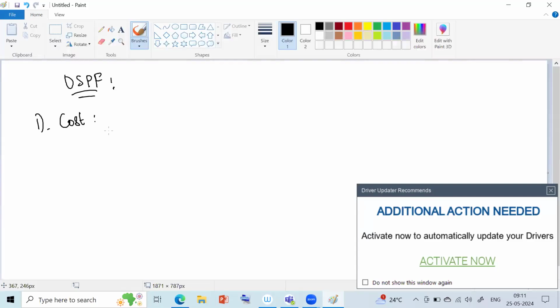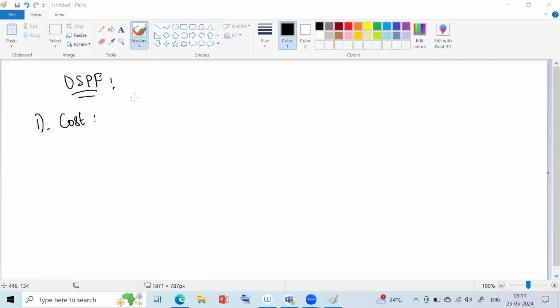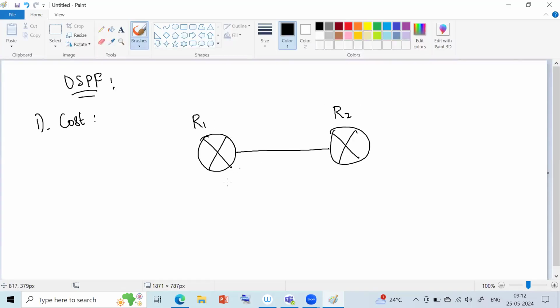Sorry about that. Let's take a router connected to another router, right? Let's say this is R1, this is R2. Now, what OSPF does is, let's assume that we have enabled OSPF between this R1 and R2, right? So if you have enabled OSPF,